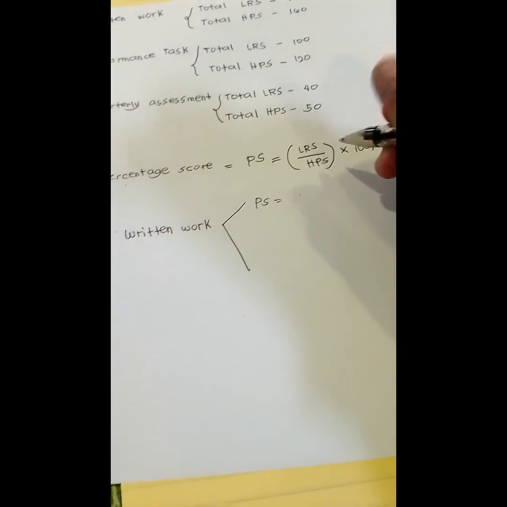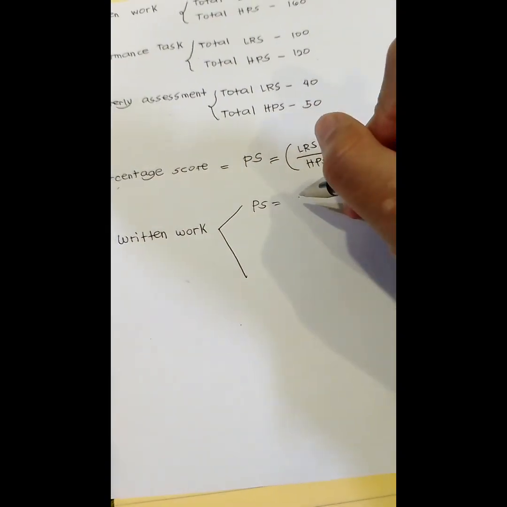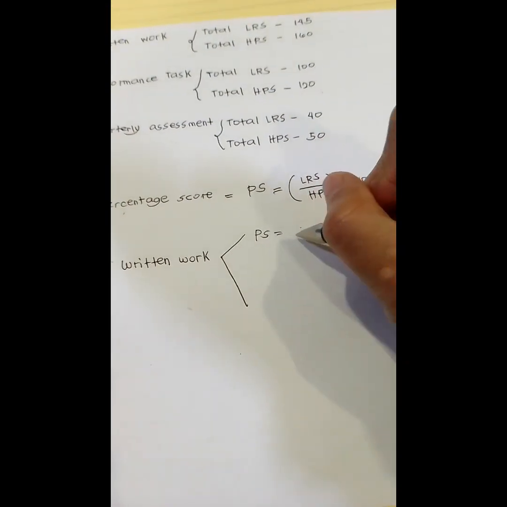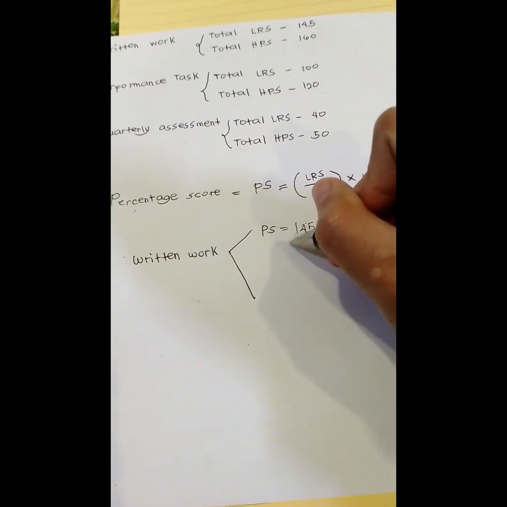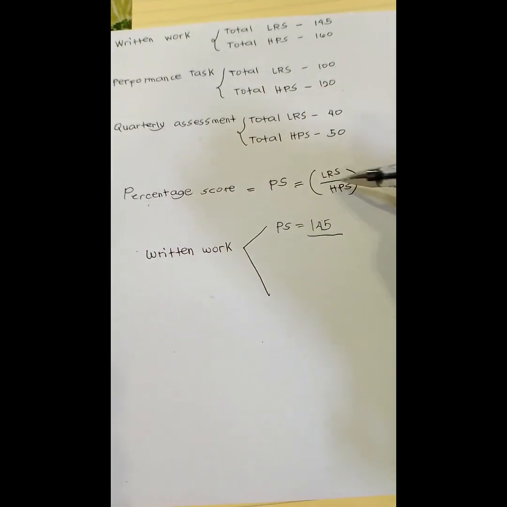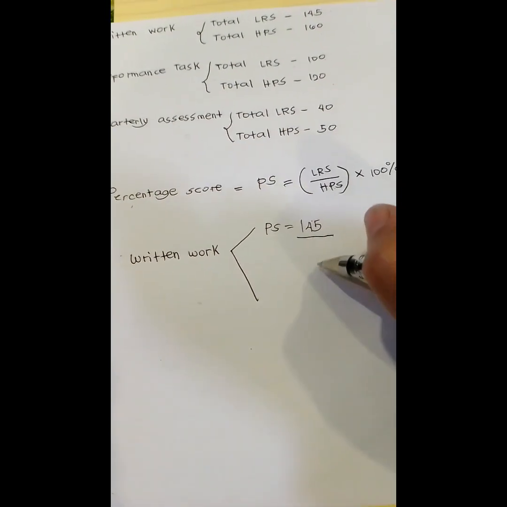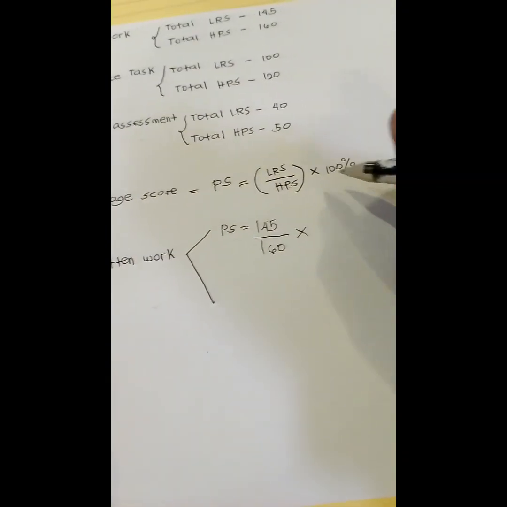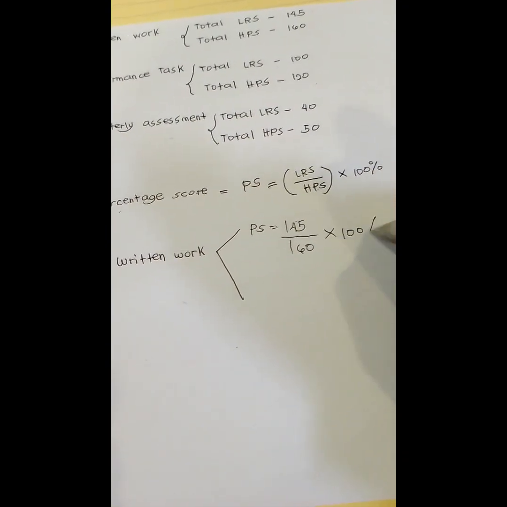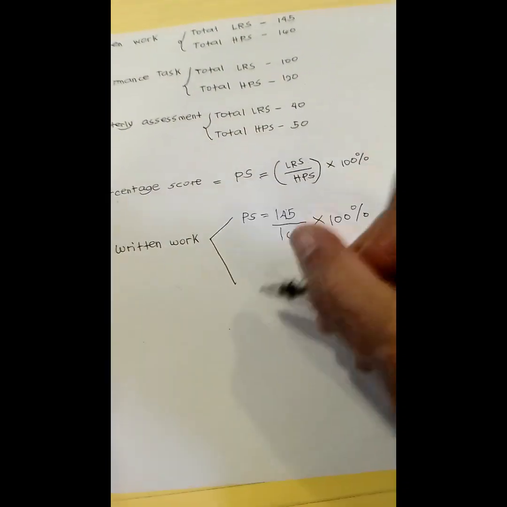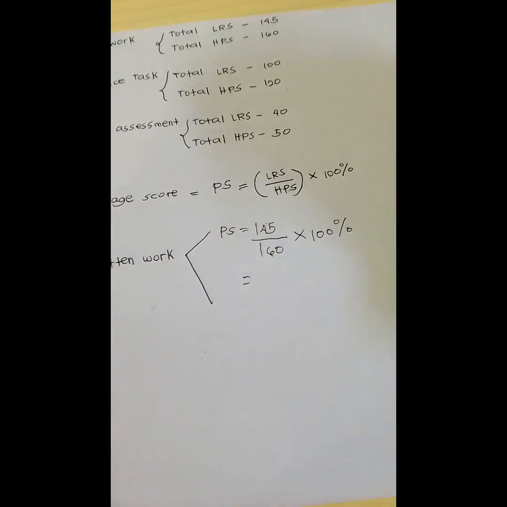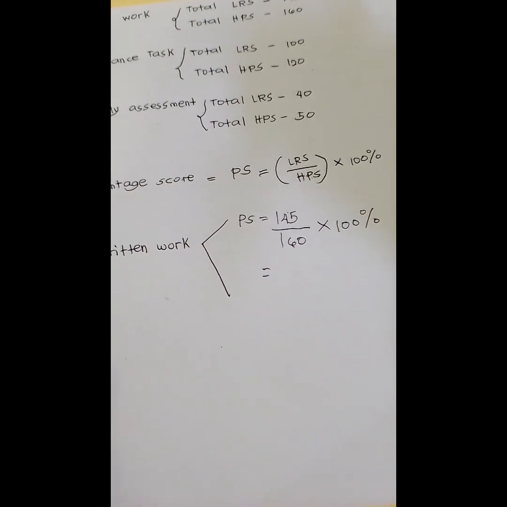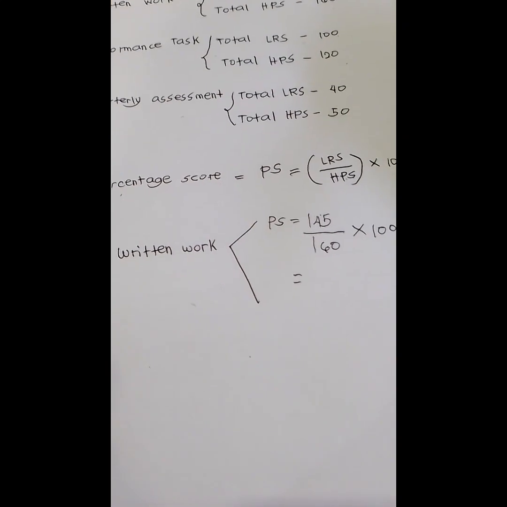So ang total learner raw score sa written work is 145, divided by total highest possible score in written work is 160, times 100%, equals. So we need to compute this one. So we need 145 divided by 160 times 100% is equals to